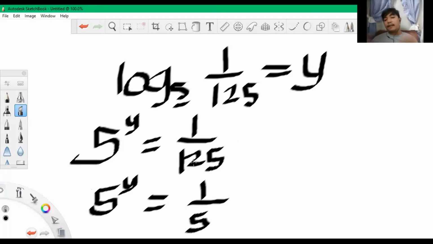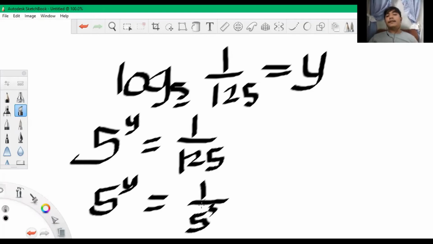So we can solve it manually again. We can have 5 and another 5, which is 5 times 5. This is equivalent to 25 times 5, and that is equivalent to 125. Therefore, the exponent of 5 should be 3, or 5 cubed should be written in order para equivalent din siya